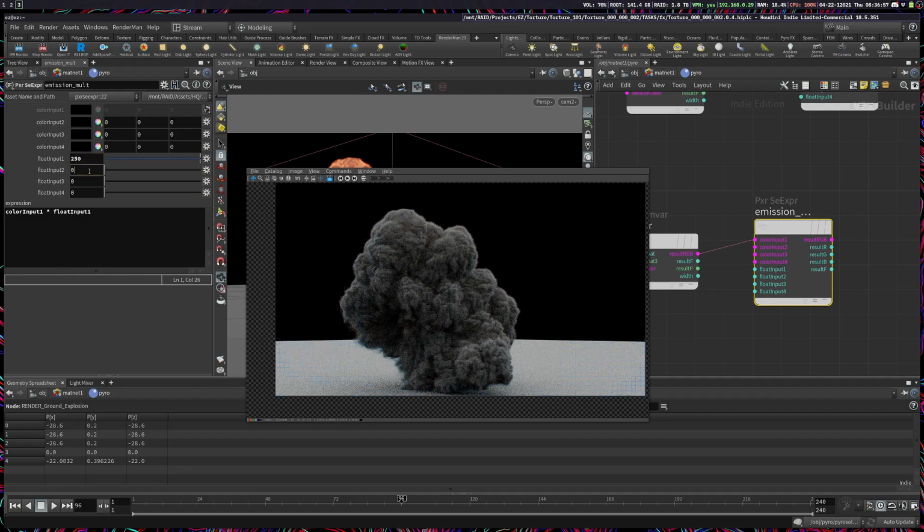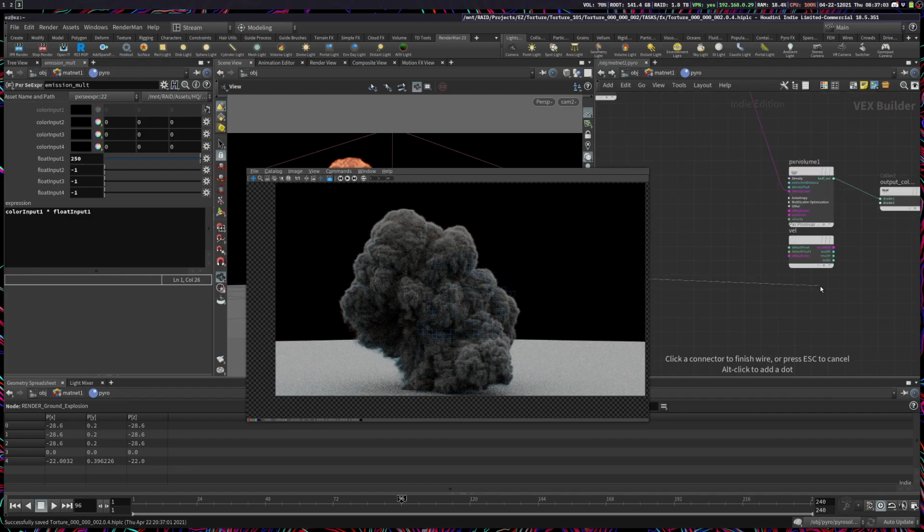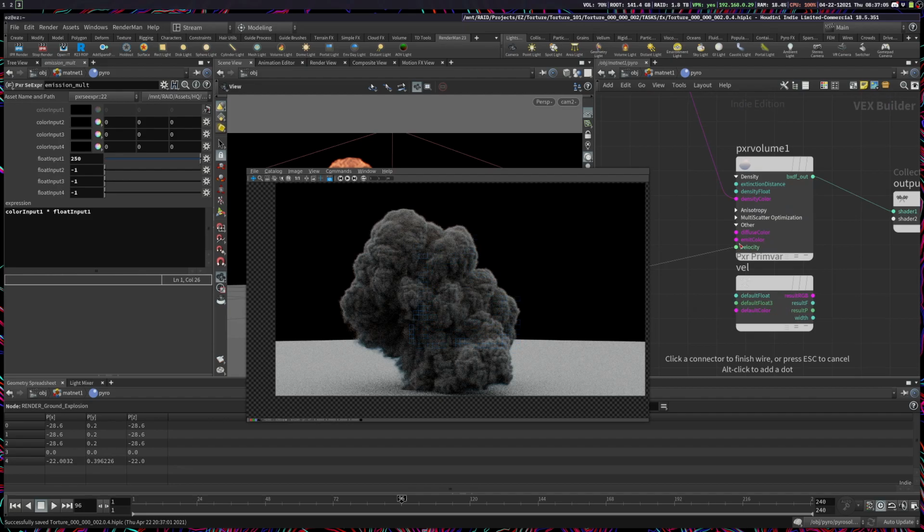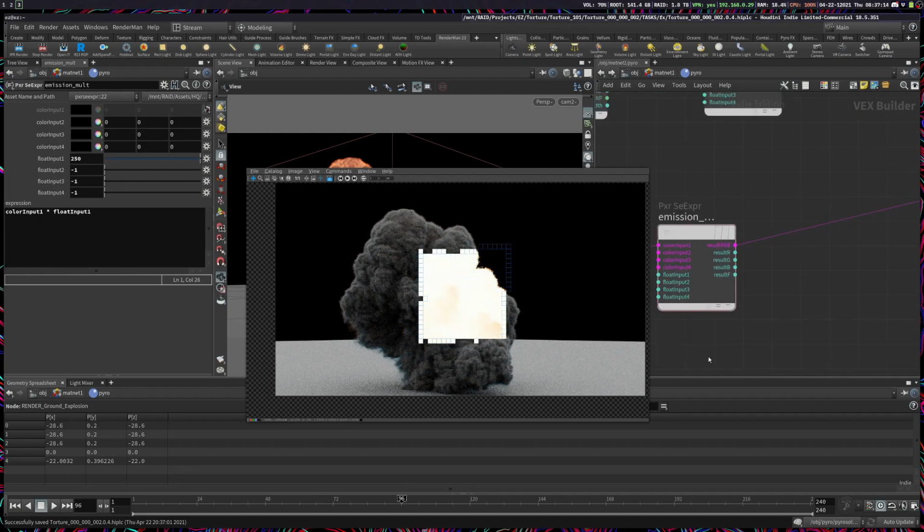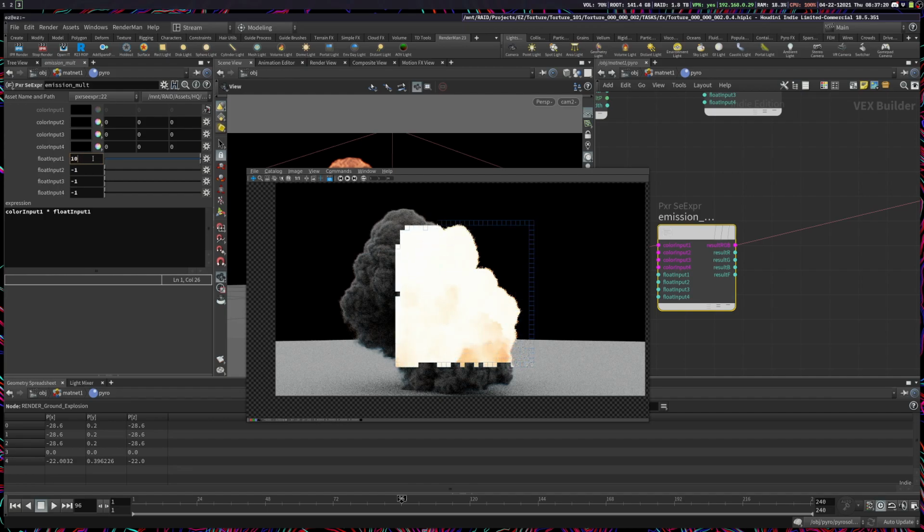And these guys to -1. So now if we plug this into our emit color, you will see the scatter field generated by the Pyro bake volume. And this is pretty strong because we just multiplied it by 250 and we're not masking it at all. But if we set this to 100,